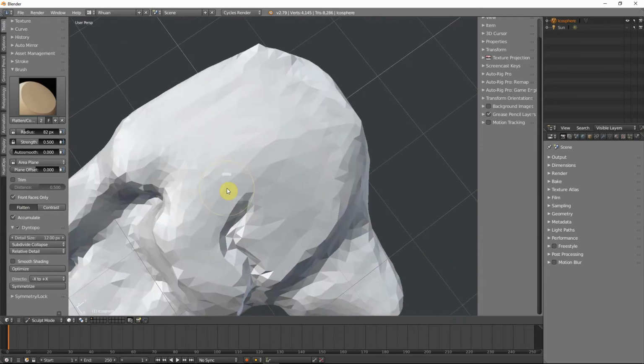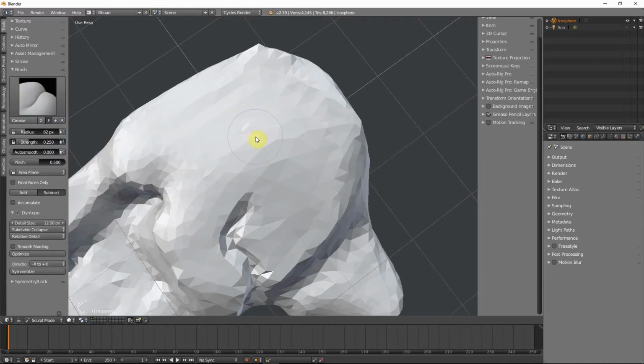Yeah, most likely the exact spot where the axe is, we might have to do some things as well, so let's just do that quickly. I'll just use the crease brush to kind of, let's go into more details now. So let's go to, let's say 6 this time. Yeah, and I know there's really high poly at the moment, but don't worry about that too much, since we used the